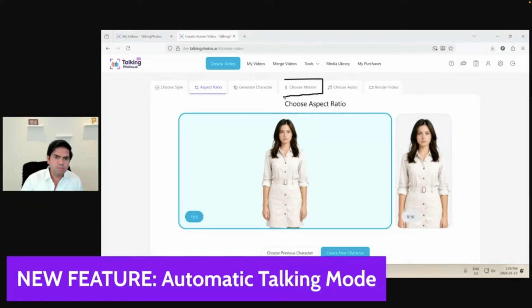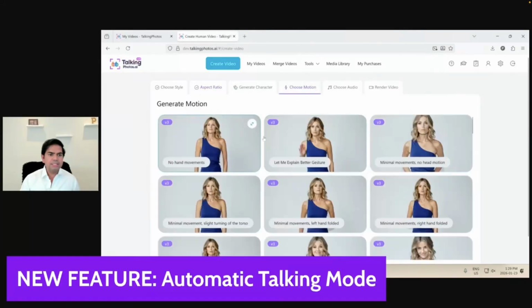You see this choose motion option on the top? This existed in the past. Now, when you click on that, let me show you one sec. It had these motions, right? Prior motions. And honestly, I want to move away from this, because the main problem is when you go in